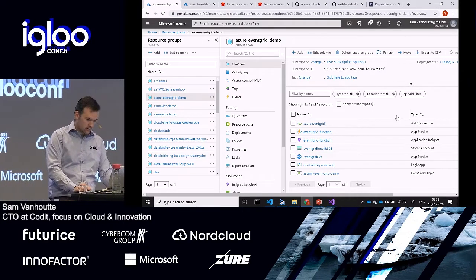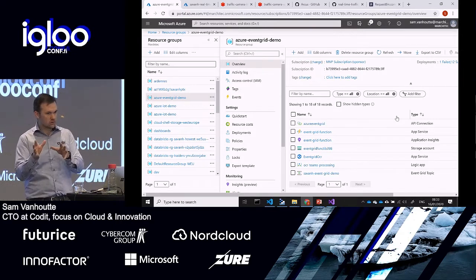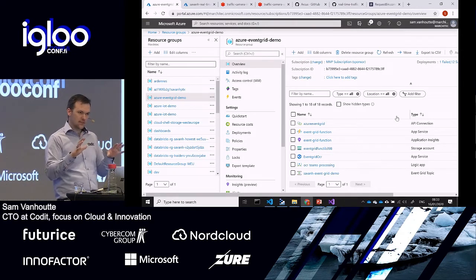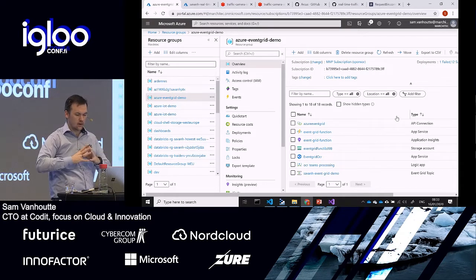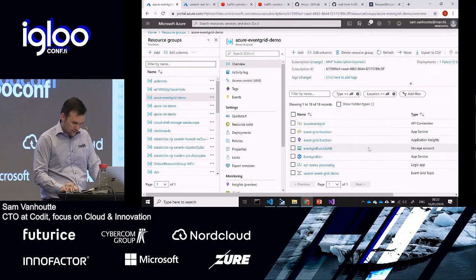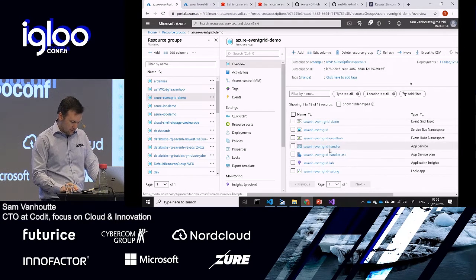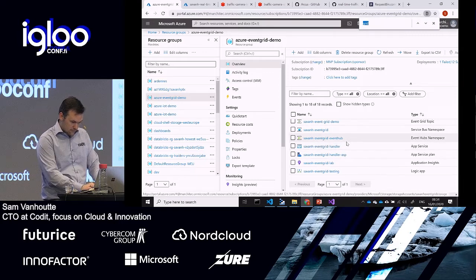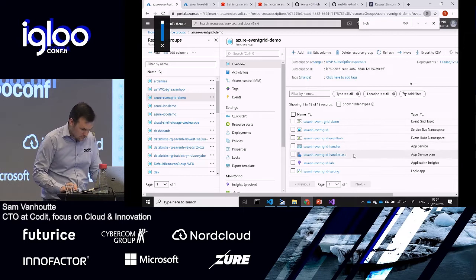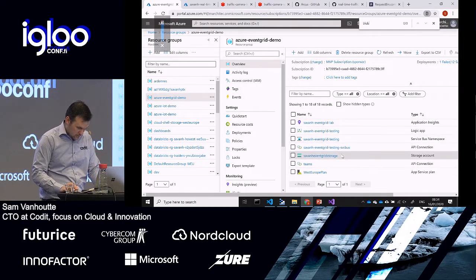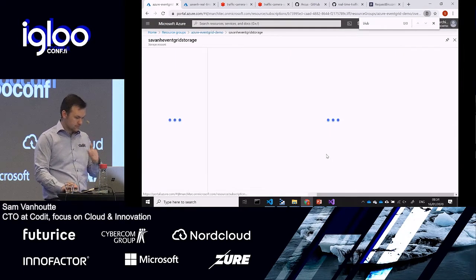So what I will do here is set up in my portal a very basic event handler that just sends all these messages to the cloud. And I will do that with blob storage, because it's very easy to demonstrate. Here I have a storage account.